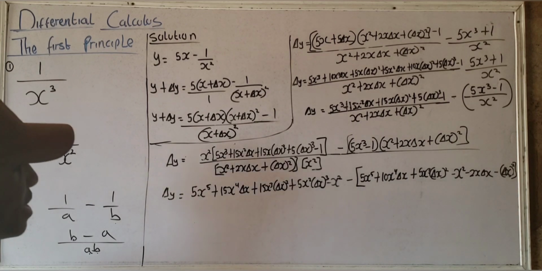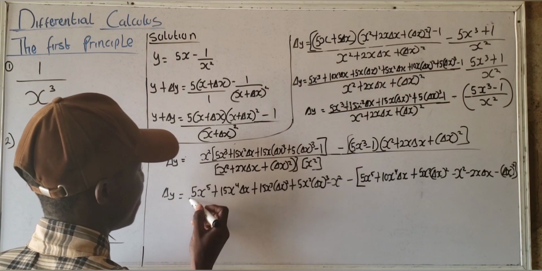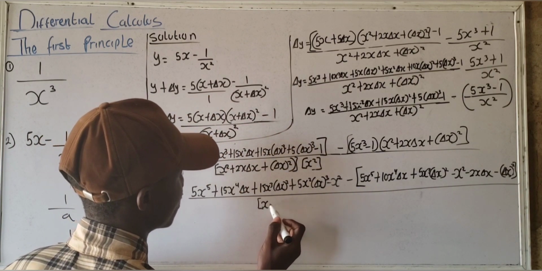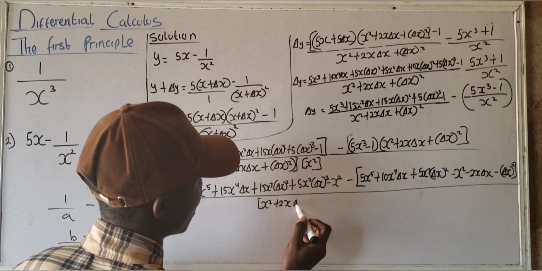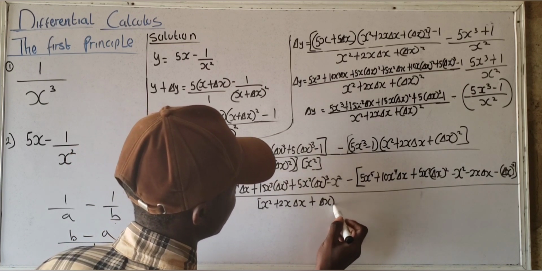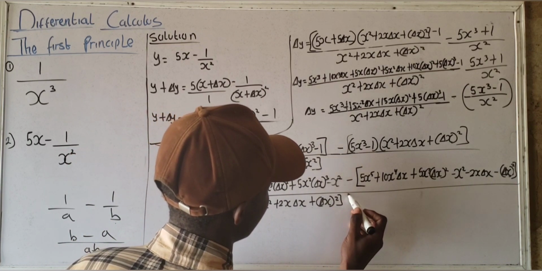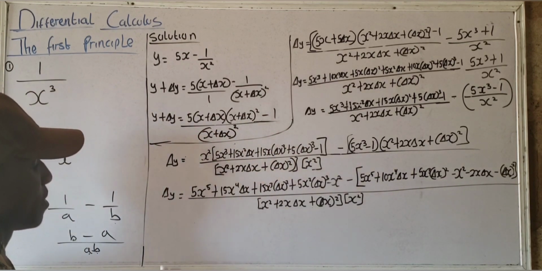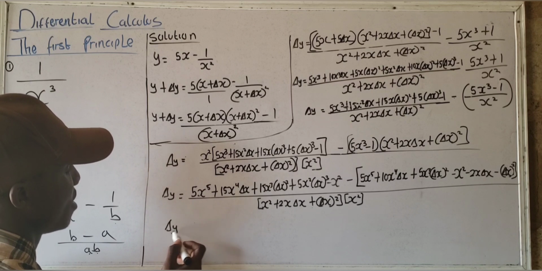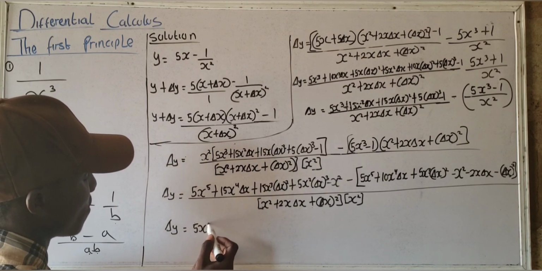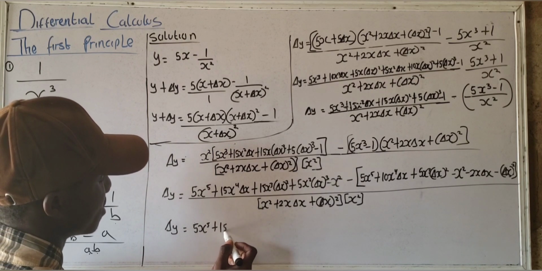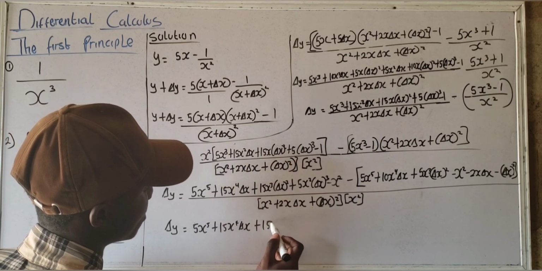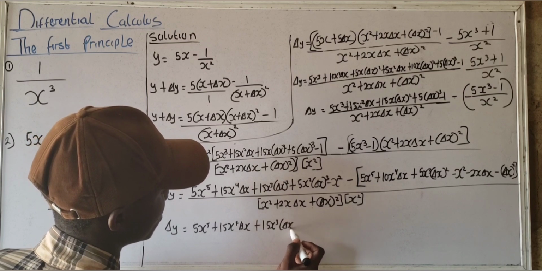All this will be divided by x squared plus 2x delta x plus delta x raised to the power of 2, multiplied by x raised to the power of 2. Okay? Now, for this, we're going to have delta y equals 5x raised to the power of 5 plus 15x raised to the power of 4 delta x plus 15x raised to the power of 3 delta x raised to the power of 2